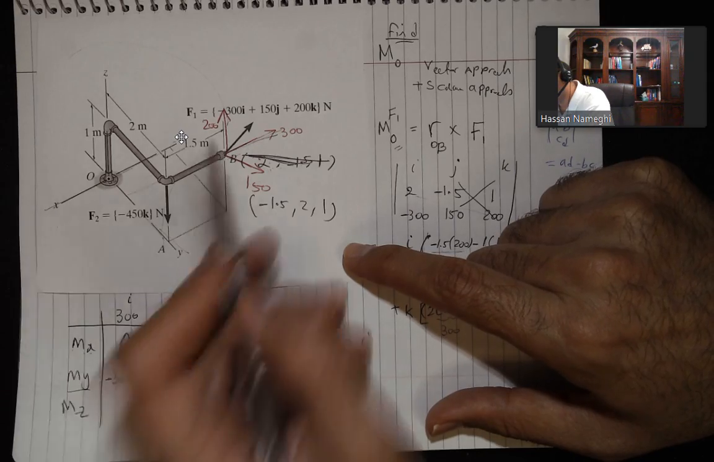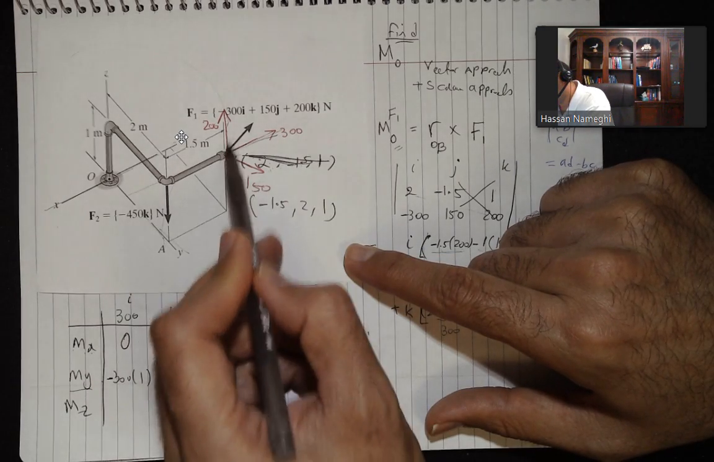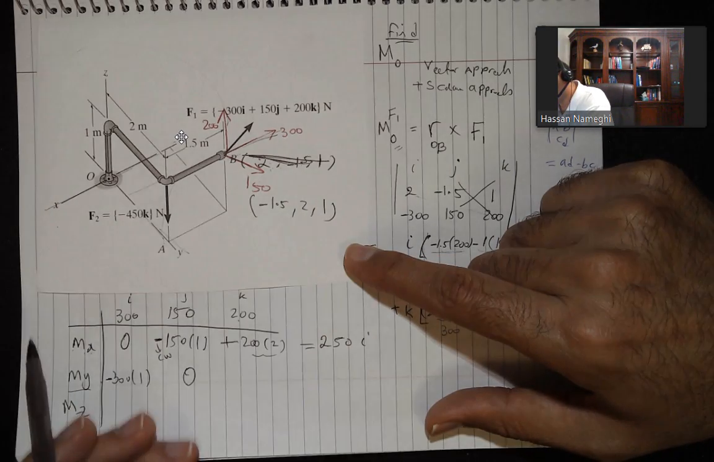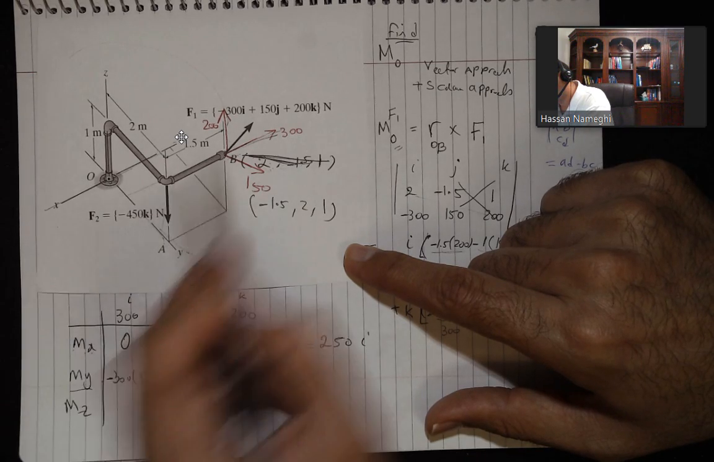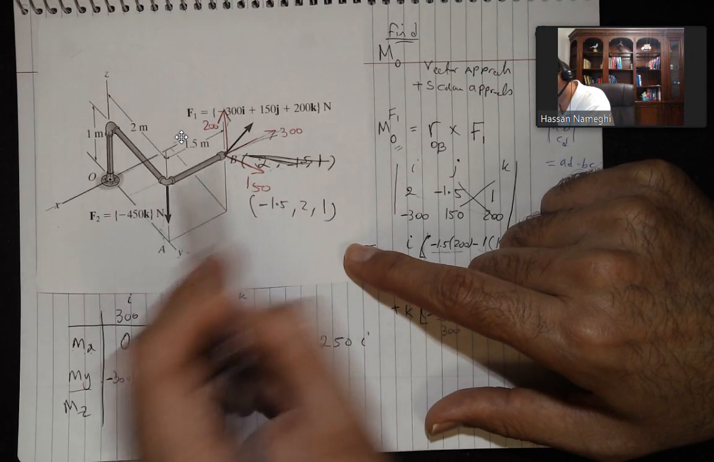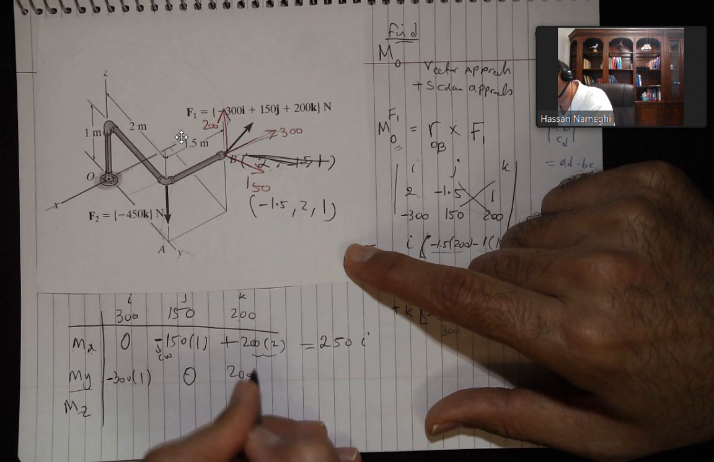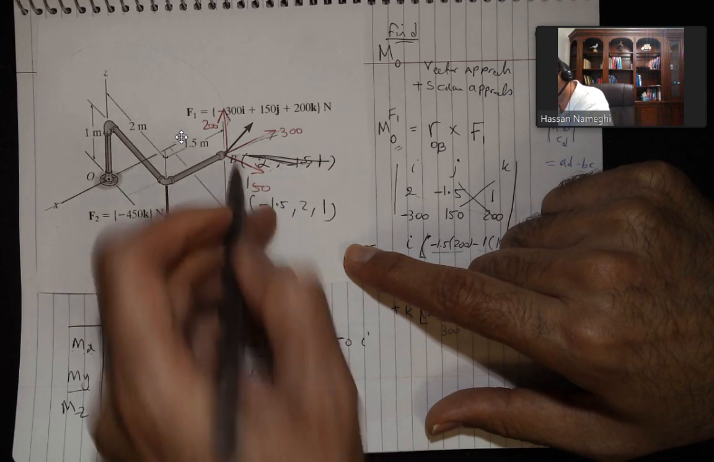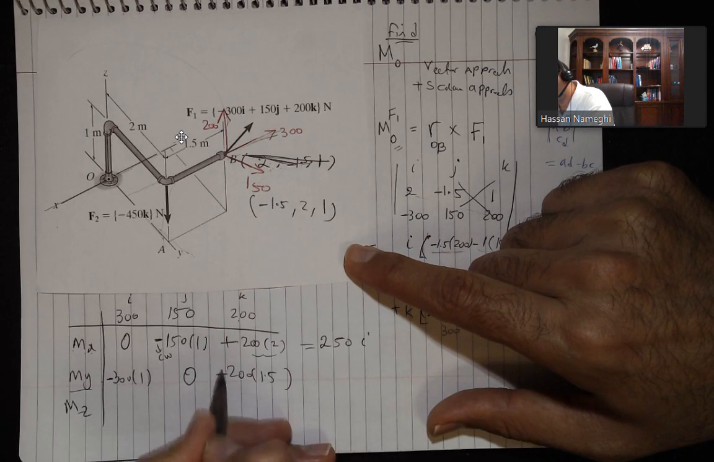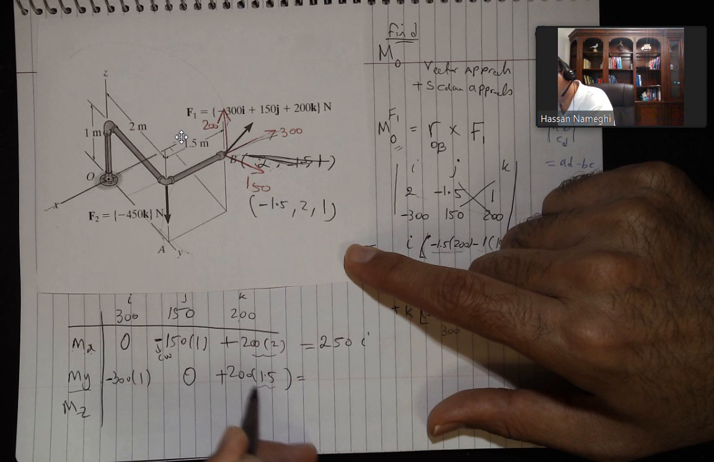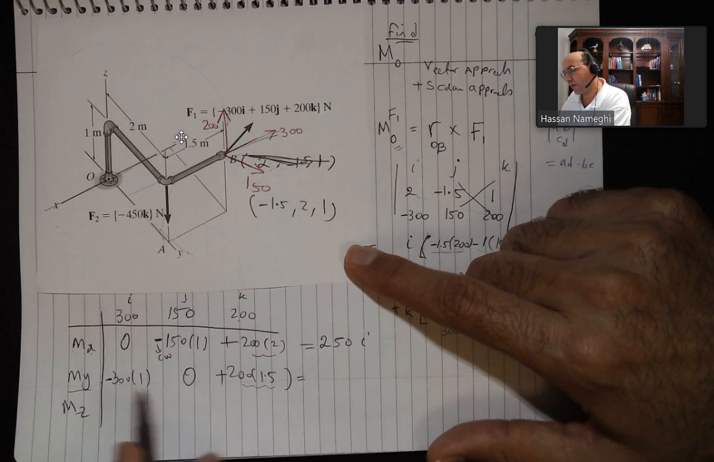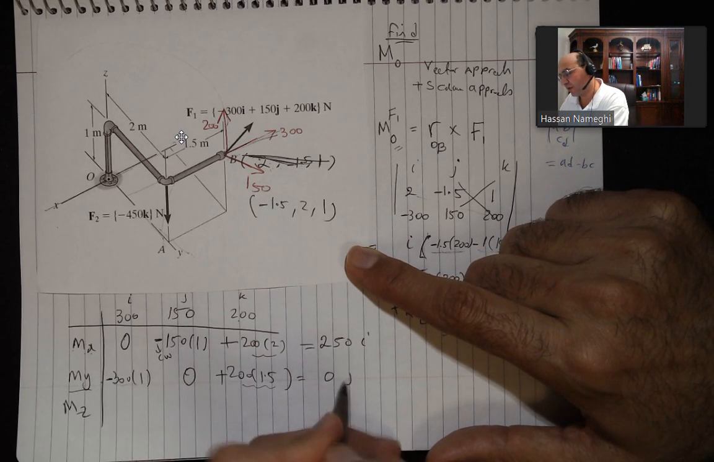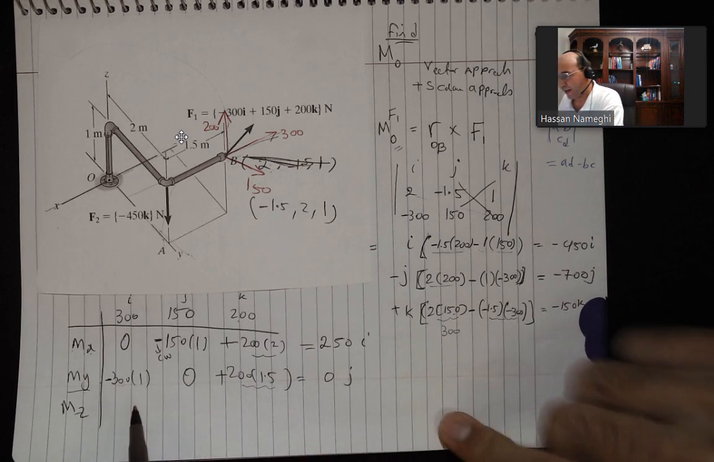And the last one is 200. The 200 force is on the z. I do moment about y-axis down here. The distance will be on the x. So 200 times 1.5, and this is going to go plus. So you have 300 here and then minus 300 here. This will be 0 in j. And then on the z,